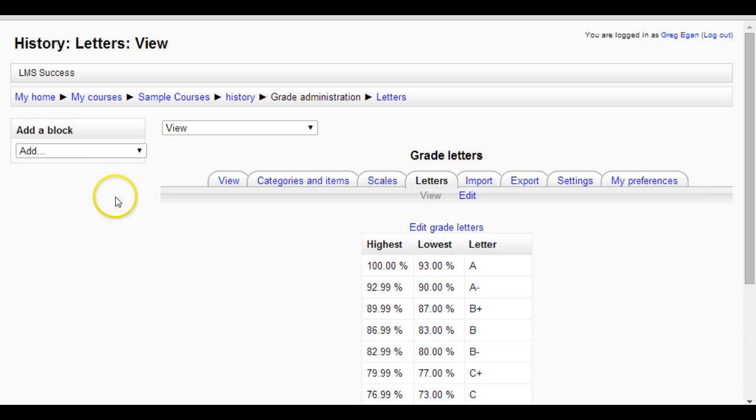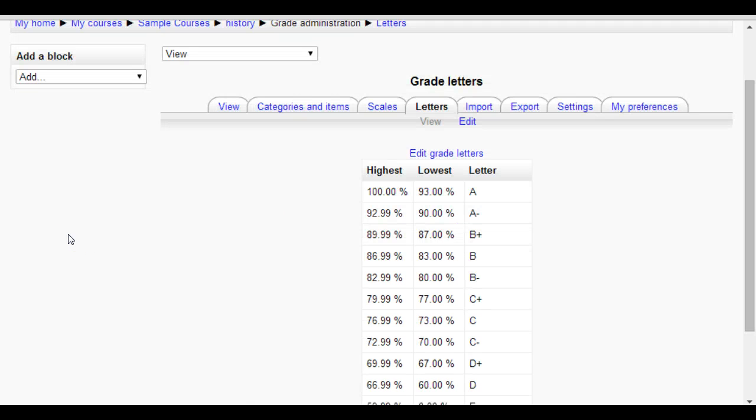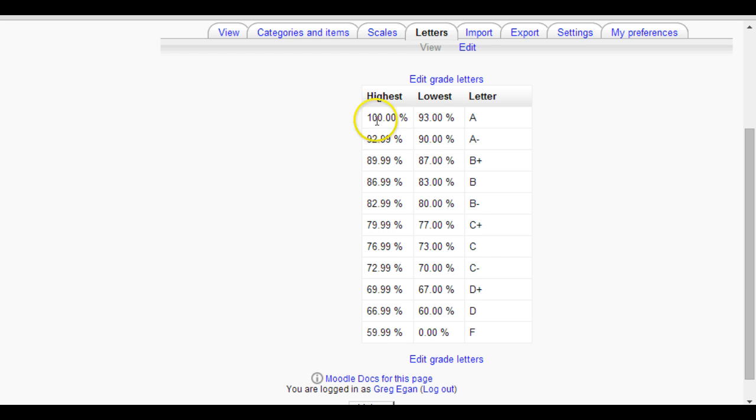Right, these are letters as distinct from scales. We use scales to grade things, but we can display scales for some items, or items that are gradable on a scale of A+ to E-, but things like a quiz that are actually numeric in nature, we can display as a letter rather than a scale. I hope that's clear. But as you can see here, the letter cutoffs are set, that there is a default cutoff for each level, and A is our top level and it goes 93% to 100%, but we can change that. We can click on edit the grade letters,